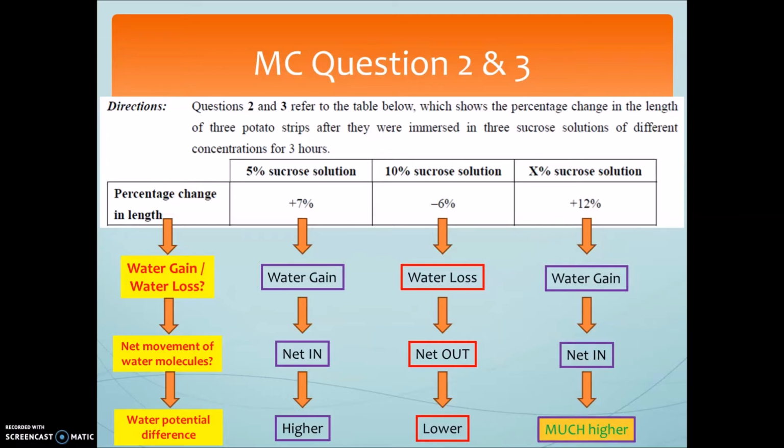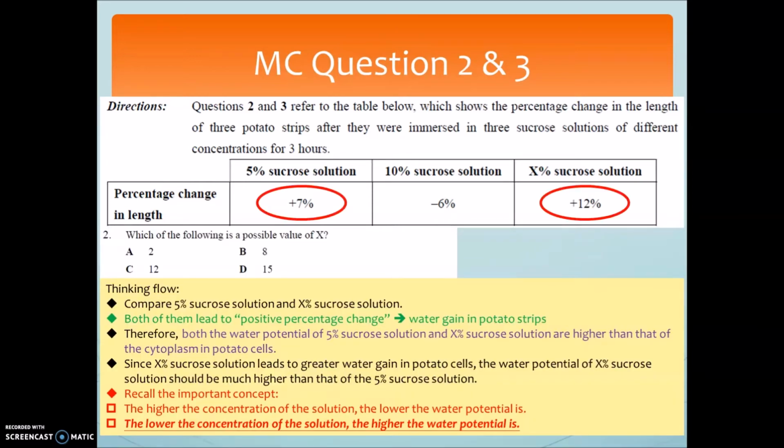And then after that, we shall know the answer to question 2, because we are going to compare 5% and the X%. Both of them should have a higher water potential than that of the cytoplasm of potato cells. And even more, we know that the X% sucrose solution will lead to longer potato strips later on. So the water potential of the X% sucrose solution should be much higher than that of the 5%